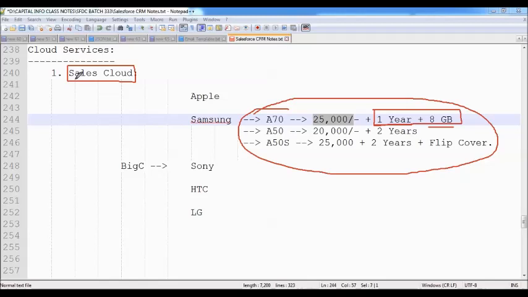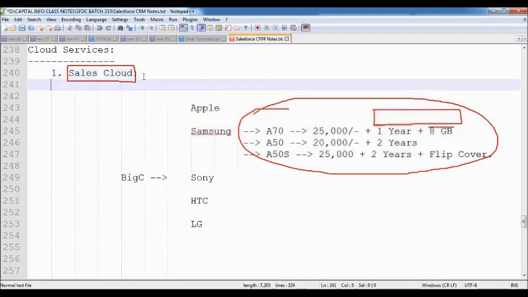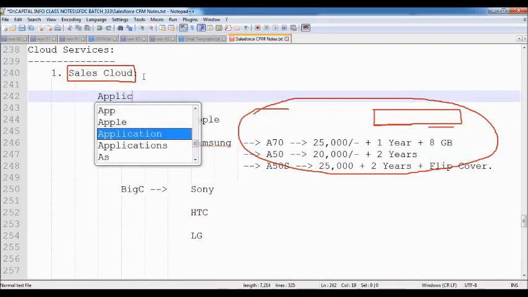So upon selling out the product to the customer, what are the processes we are following? What are the strategies we are following to attract the customers by offering some benefits? Now all those processes we can automate with the help of these Sales Cloud features. Then how can we automate this? Is Salesforce giving a ready-made application to automate all these features? Yes, Salesforce has given an application called the Sales Application.